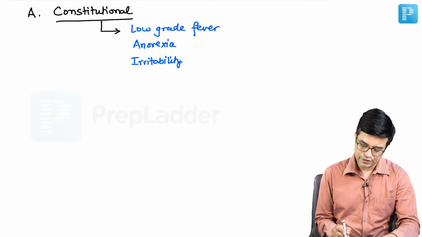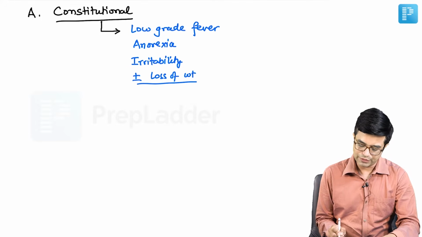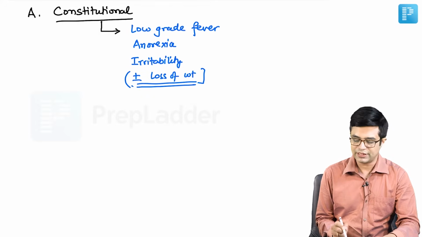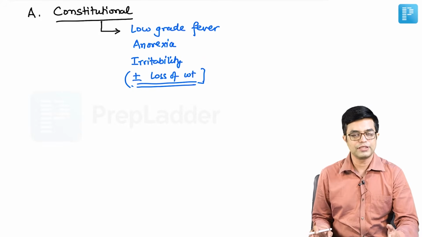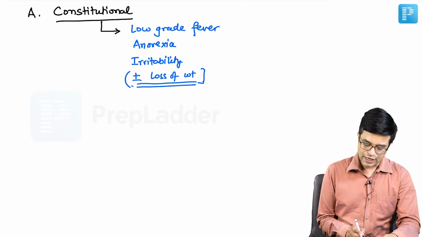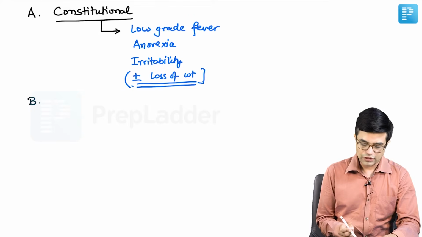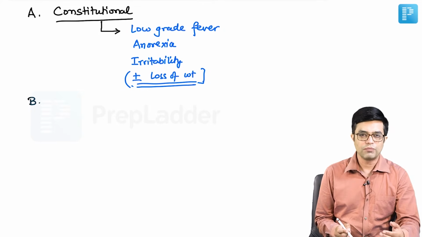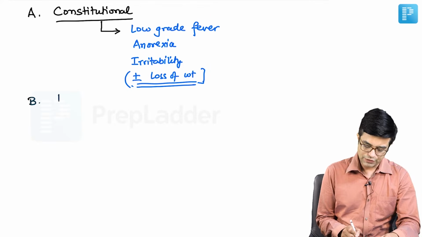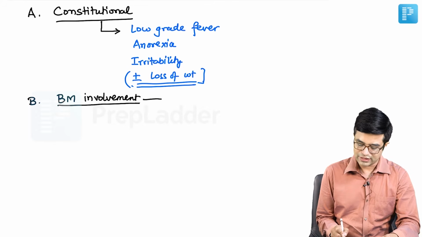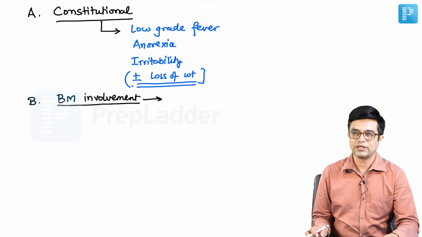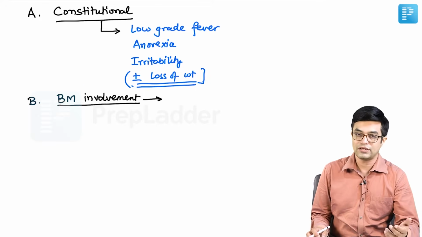and there will be plus minus loss of weight. Loss of weight is not a significant problem in these patients, although it has been described as a constitutional feature in some of these individuals. After constitutional features, sooner or later you find the involvement of bone marrow. So we have the bone marrow involvement features coming up, which are the actual clue that it is not just simply any other viral illness or some acute illness in the child. It is actually a serious problem.